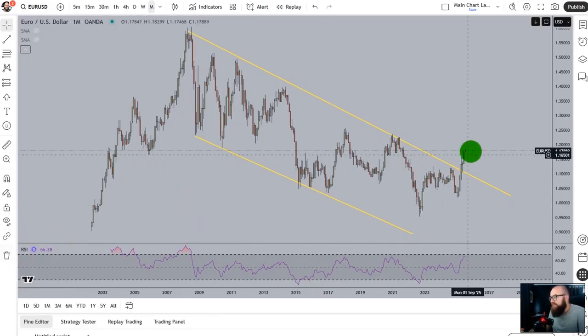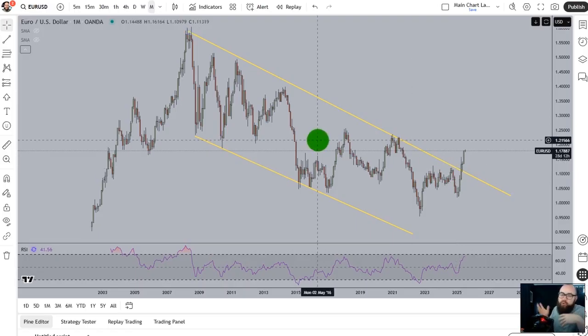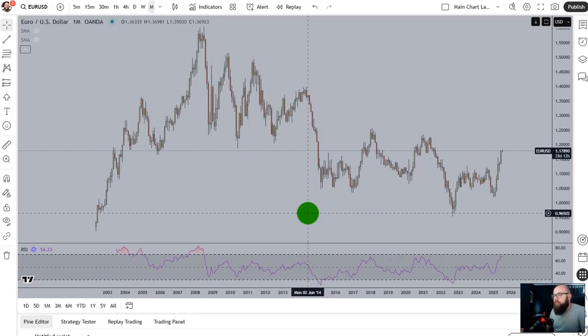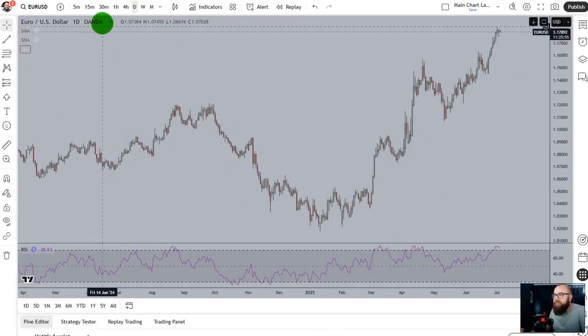Now you'll see that price is now above this resistance. So these support and resistance areas, they're not going to hold forever. If you were to draw a resistance, it's not always going to be resistance. Eventually, price will break through it. And the same with support. Price will eventually break a support and move below it. These diagonal support and resistance levels, trend lines,